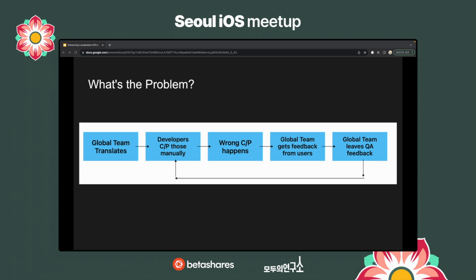This means that 20% of the team's productivity is being wasted on fixing bugs. If we can improve this with a better localization process and prevent 20% of the bugs from the outset, it means that we can allocate the 20% of the team's resources that were being wasted elsewhere.